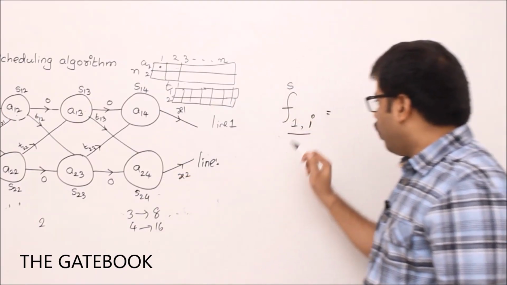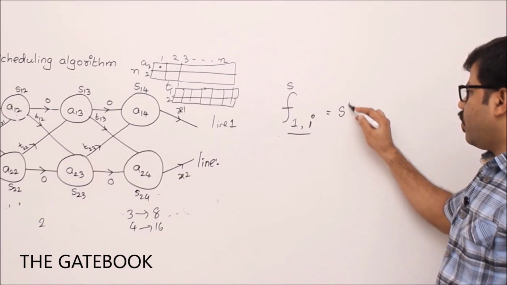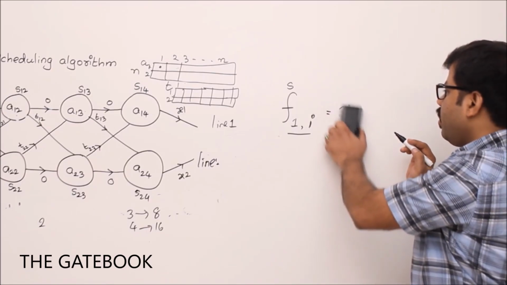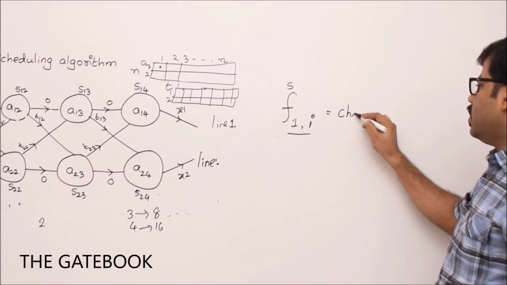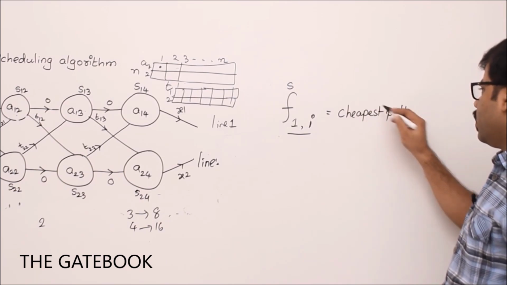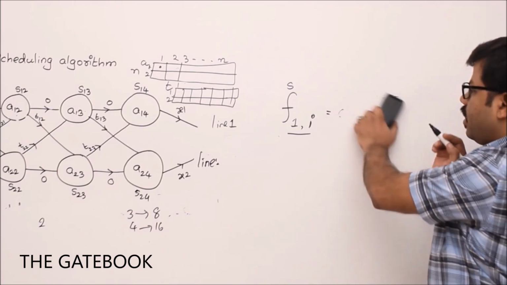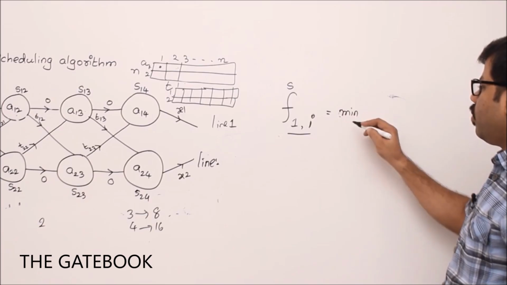So what is f1 i? It is the best path. What is best here for us? Cheapest path, the cheapest cost path or minimum cost path, anything is correct. So the minimum cost path